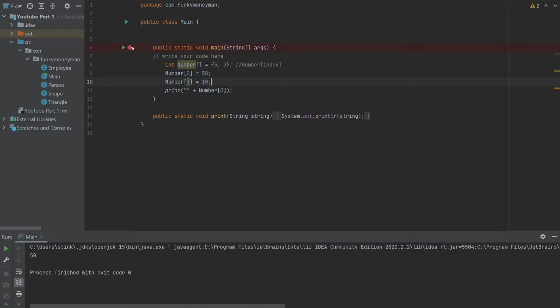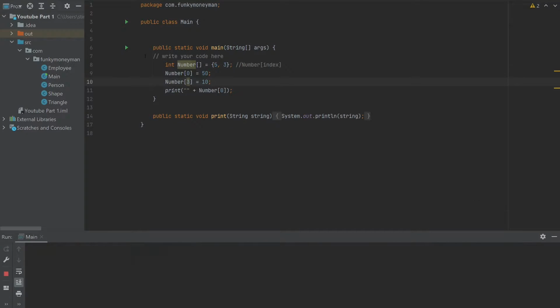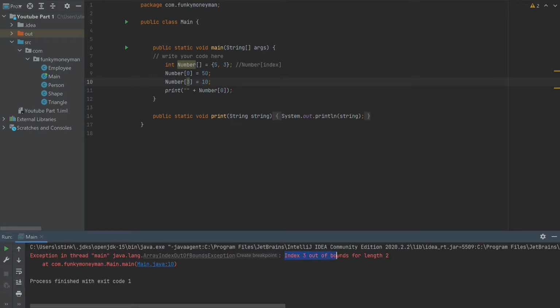But let's try and run this really quickly. You can see index 3 is out of bounds because it has a length of 2. And that's because when this is initialized, it initializes just enough memory to hold 2 values. So now you're trying to pass in a third one right here, and it's kind of freaking out. It's happy with this one. It doesn't mind that because you're just changing this one. But this right here is out of bounds. So you can either make this bigger by just adding another value, or you can use something else, which is what I'm going to go over right now,